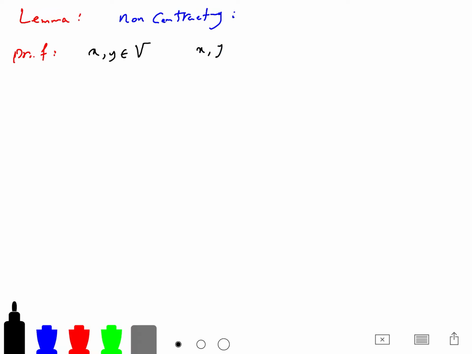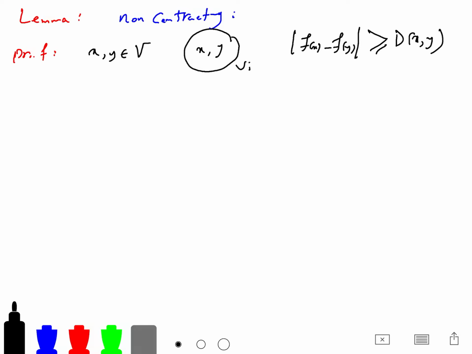If x and y are in the same set Vi, then clearly the distance between them, f of x minus f of y, is greater than the distance between x and y. So this is one case. The distance between x and y produced by a traversal of the spanning tree of the graph induced by Vi is at least the distance of x and y on that spanning tree, which is at least d of x and y. Assume that